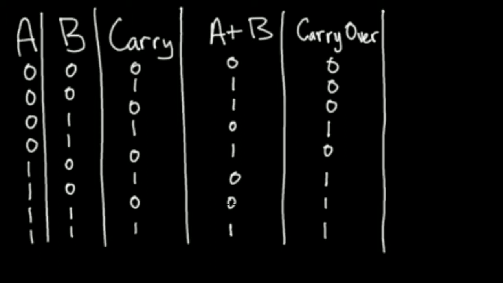And another output is the carryover, which again will signify to the next operation whether or not they need to carry. So as you can see, it's kind of a chain. Now I know it doesn't make sense to have a carry and carryover for a 1-bit adder, and honestly it doesn't. But we're just going to do it like this so we can understand how it functions